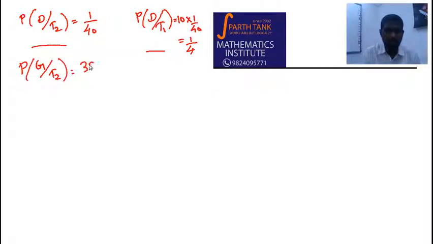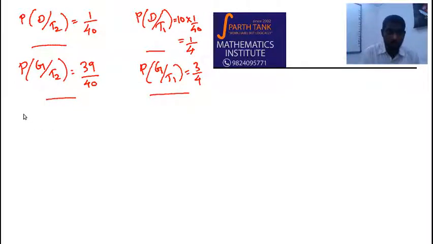Now from this, we know that probability of the computer being good given that it is produced in T2 is 39 by 40, right? It has to be good or bad. It can be defective or not defective. If defective is 1 by 40, then the good is 1 minus 1 by 40, 39 by 40. The same way, probability that it is good given that it is in T1 is 3 by 4, 1 minus 1 by 4, right? These two we have evaluated now.